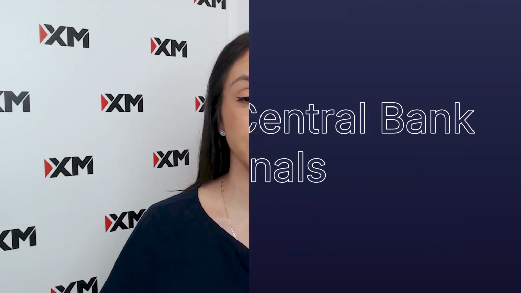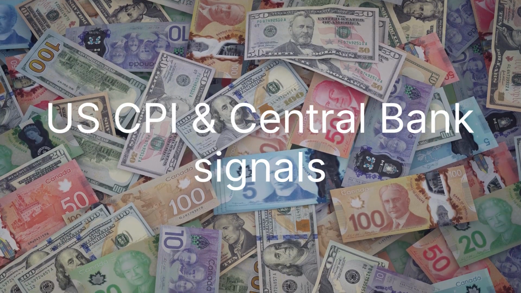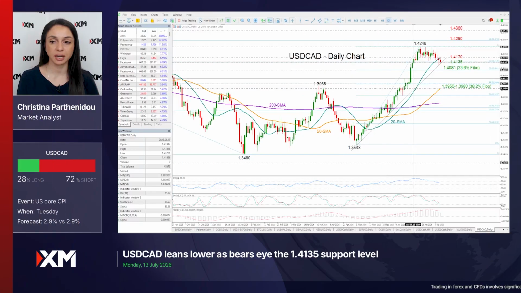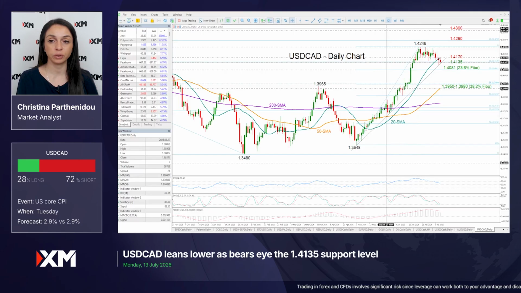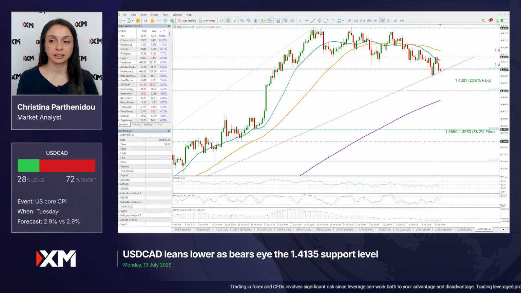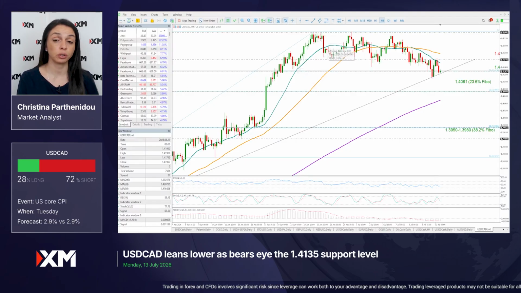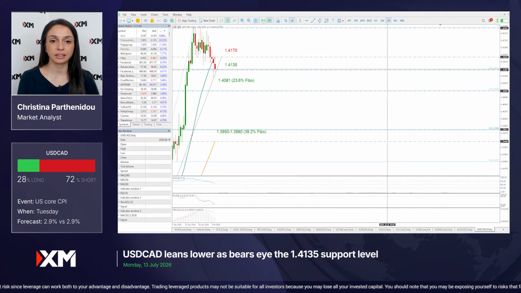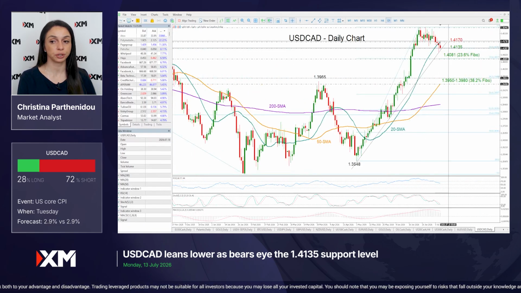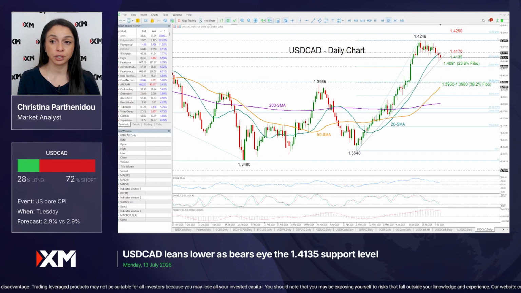And having a look first at dollar loonie, which has been sloping to the downside since testing the 1.4246 level. If we look at the 4-hour chart, it seems that the price has formed a triple top bearish pattern around 1.4246. That negative pattern was also confirmed below 1.4170 last week when the price faced rejection around its 20-day moving average. So it looks like the risk is skewed to the downside.